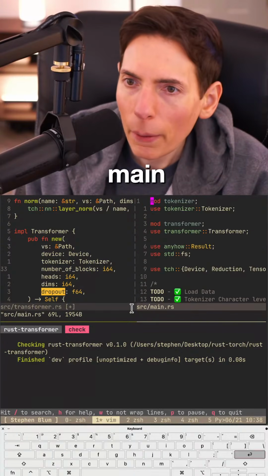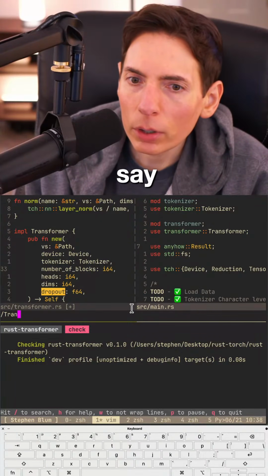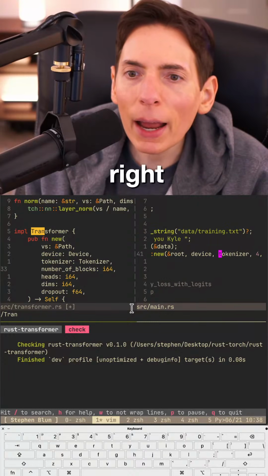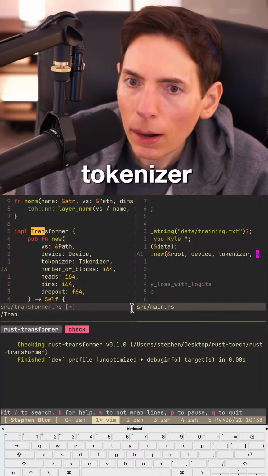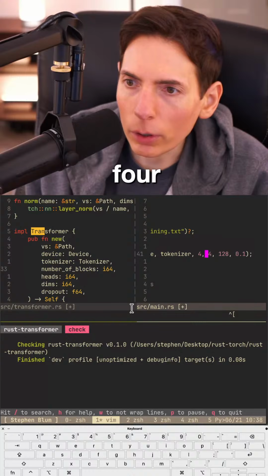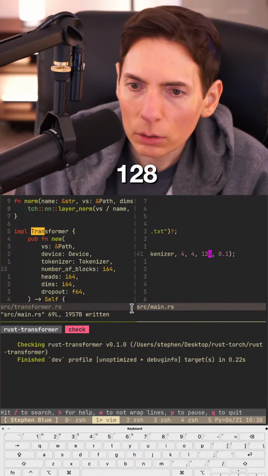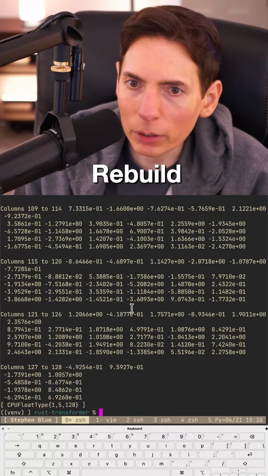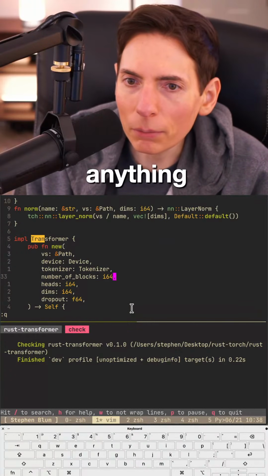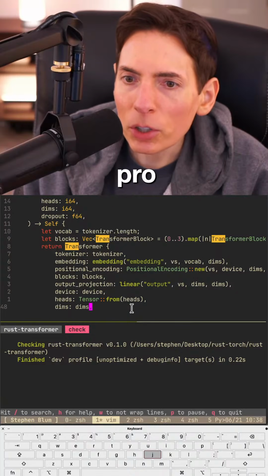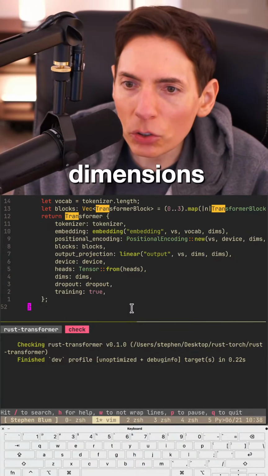Go to main, and we say transformer, and that is going to be right after tokenizer, and we will say 4x4. 4 blocks with 4 heads of 128. Rebuild it. Looks good. Okay, we didn't break anything. All right. Tokenizer, blocks, output projection, device, heads, dimensions, dropout, training.